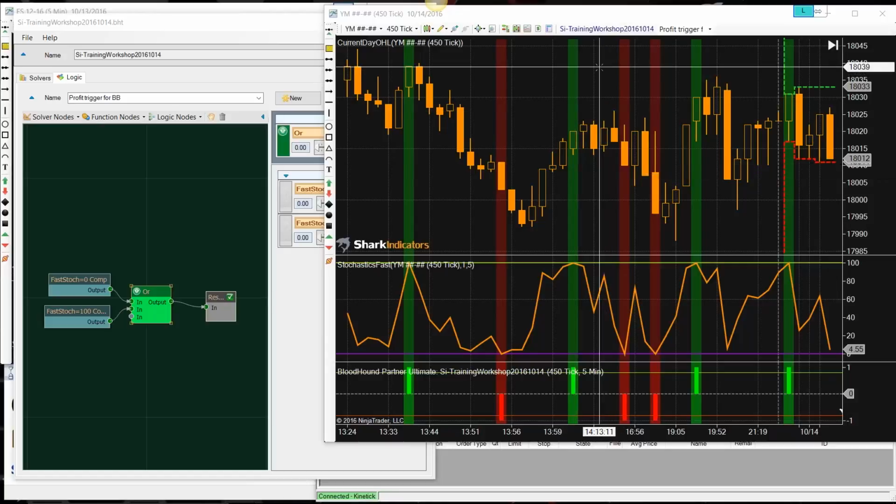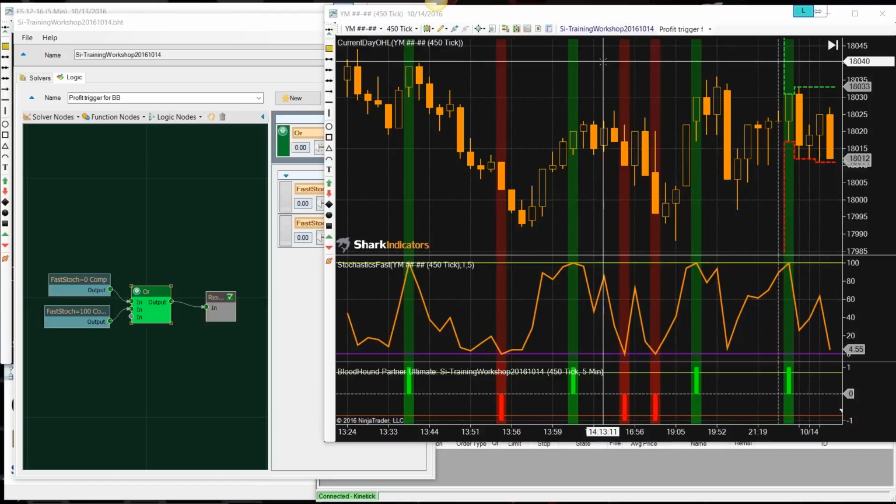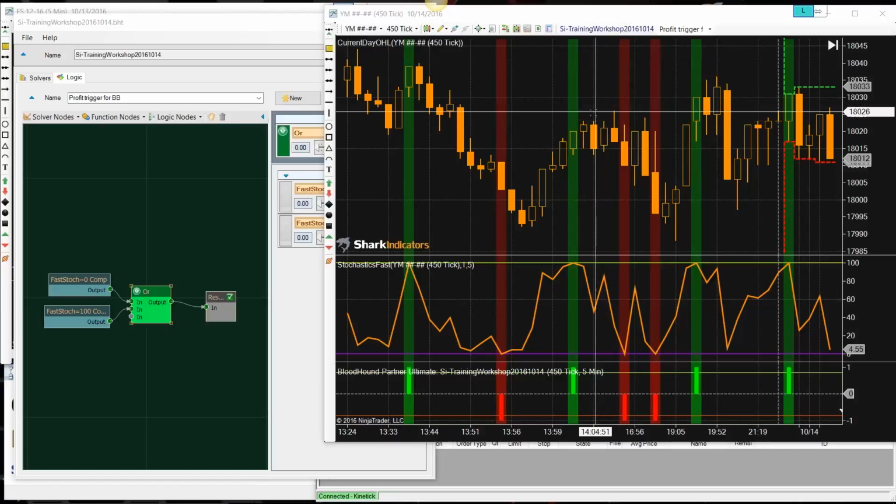So that'll tell BlackBird, move your profit target down to the last price, and the last price is wherever the market is trading at. The last price and the market price are one and the same, two different terms for the same thing. So you just want to have a trailing rule in your profit targets that'll move your profit target down to wherever